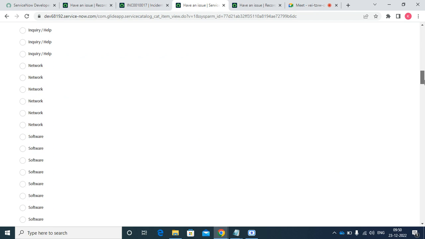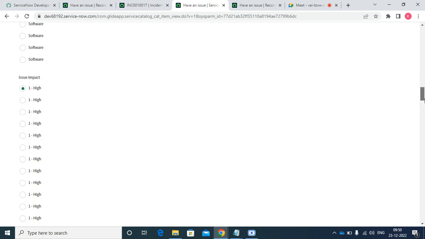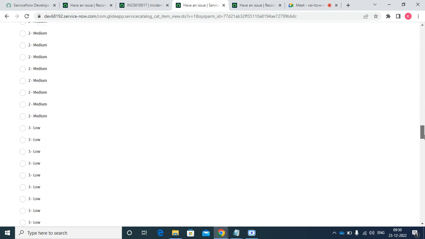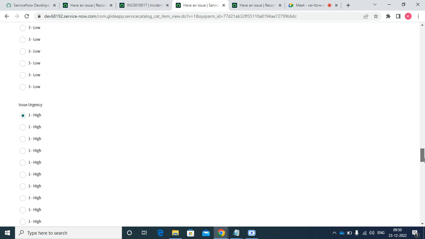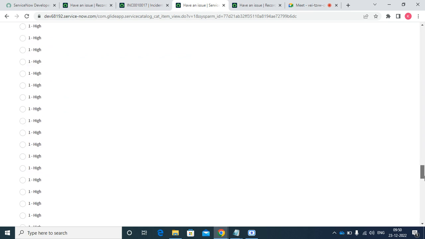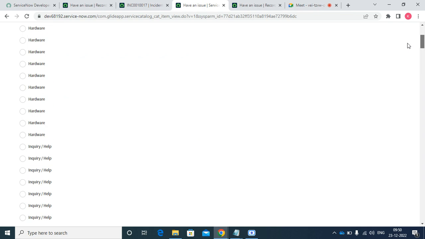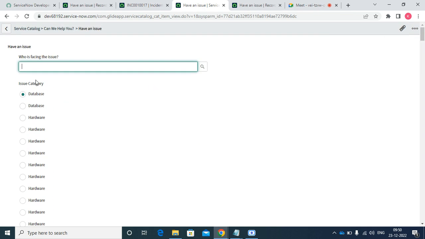See, there are multiple values given for the issue category, the impact and urgency also. These are all wrong, right? Issue urgency, all these things. So for this one, we have to troubleshoot. Just right click, configure variable,